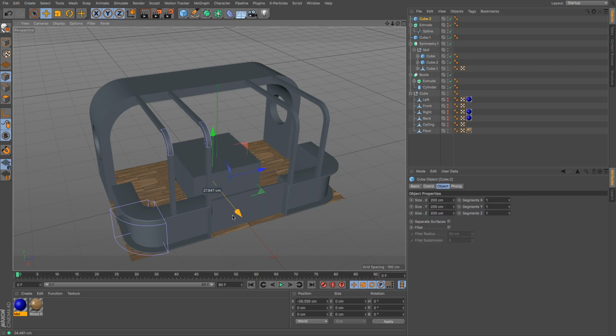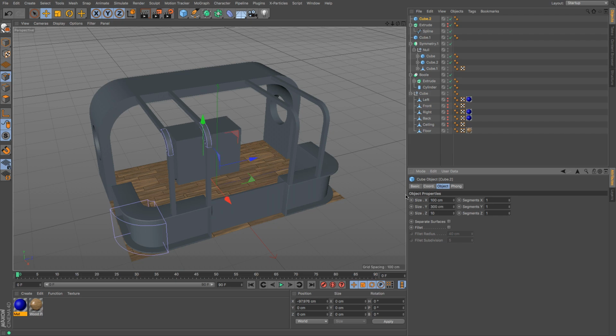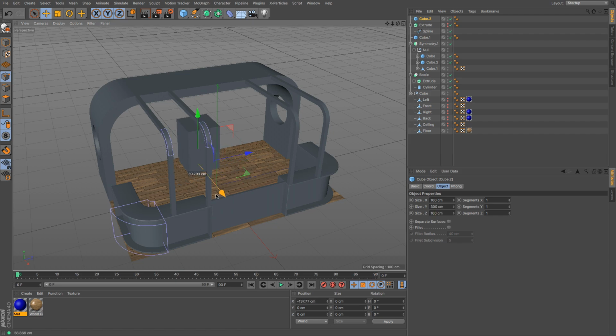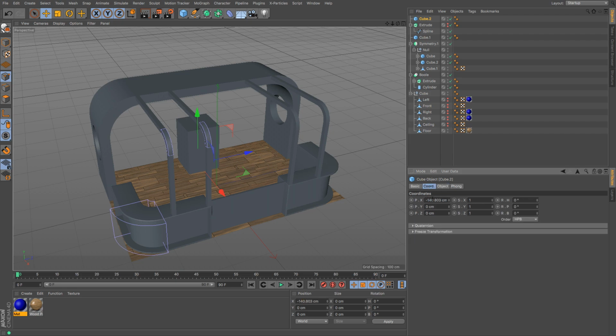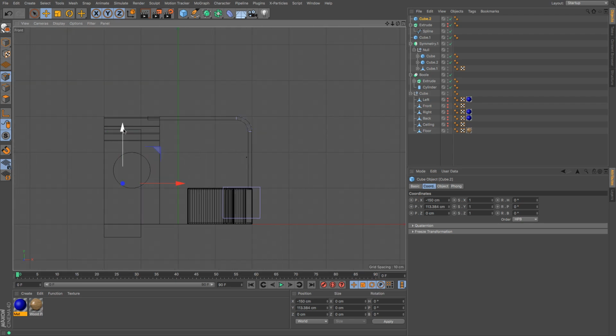cube. Okay, I'm going to make this relatively simple. I'm going to show you something else. So I want that to be 1 meter by 3 meters by 1 meter. So it's a nice big cube to stand at the back. Okay, so that's going to be minus 150. Oh, I need to keep pressing enter, don't I? 150. Oh, it's ignoring me, isn't it? Okay, let's do it that way then. There we go. And then I shall increase its height so that it stands roughly where it needs to be in the middle,